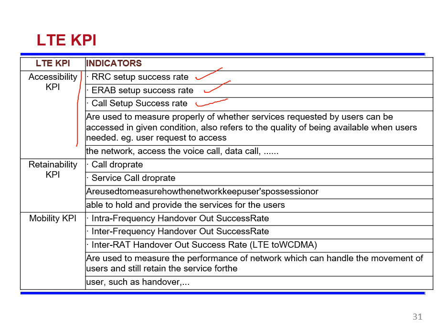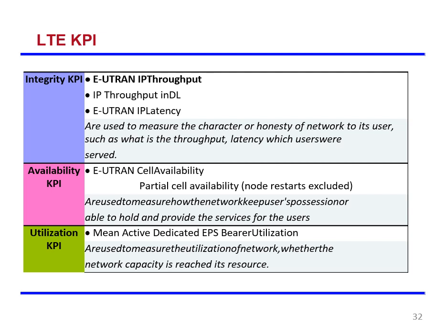Retainability, as we discussed, call drop rate, circuit switch calls, packet calls, both are discussed. And mobility KPI, talking about handover. So in LTE, since OFDM is used, intra-frequency, inter-frequency, inter-RAT. Inter-RAT is between technologies, between 4G and 3G, and intra-frequency, inter-frequency depending on how many frequencies you are using. And integrity KPI, throughput, as we discussed, and availability, cell availability, utilization, talking about mean active dedicated